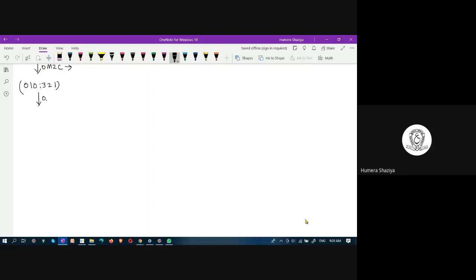So 0 missionary, 1 cannibal to left. Here it will be 0 2 1 colon 3 1 0. Next, 2 cannibals to right.